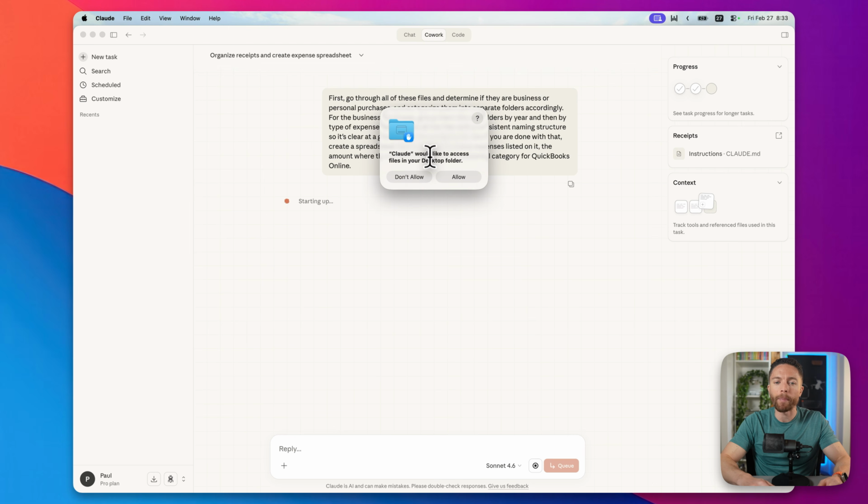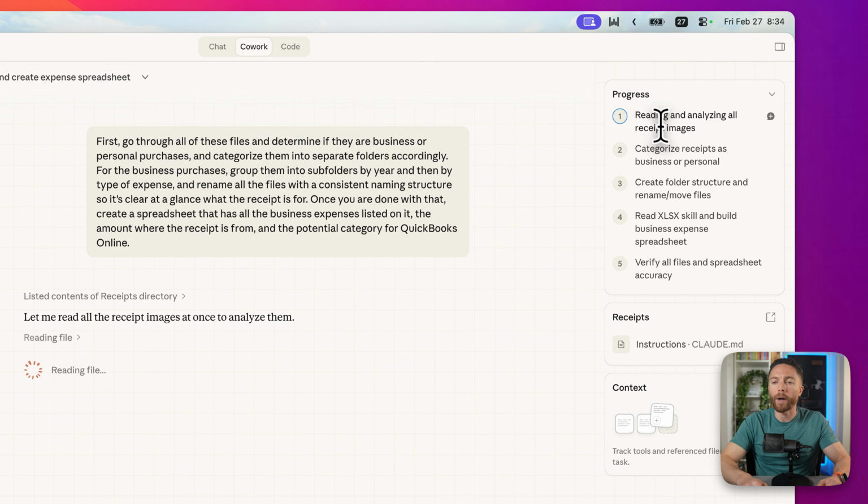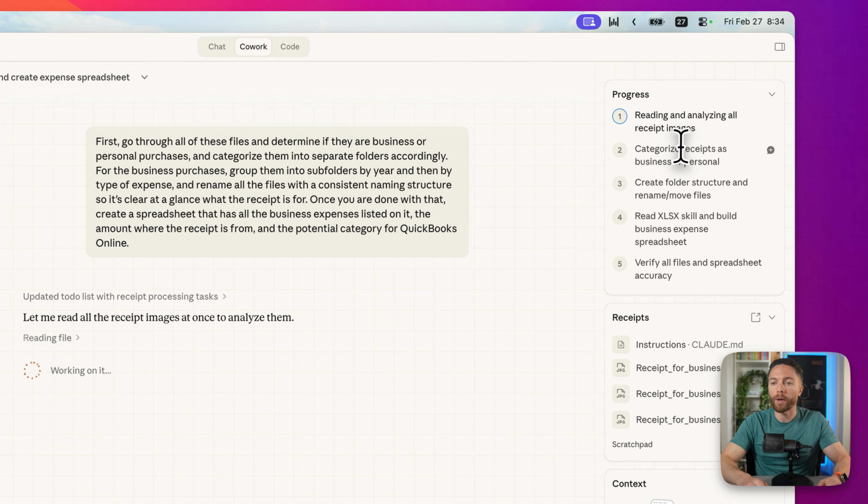You may see this pop up again. Again, we're dealing with some guardrails, so I'm going to allow this. And then it's getting to work actually planning it out. Over here on the right, we can see the to-do list that it created for itself. First, it's going to read and analyze all the images. Then it's going to categorize them, create the structures, build out an expense spreadsheet, and then list everything in that